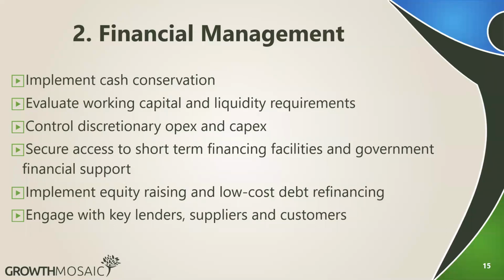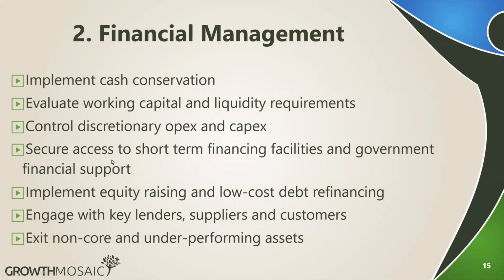So on your customers, what do you do? What can you do about them? Those who have already placed orders. On your suppliers, how do you pay them? How do you pay what you owe them? So let's say you purchased some raw material on credit and now payment is due. You need to speak to them. You can't just say you're no longer going to pay. Or let's say you're renting your building, but now you're working from home and no longer using your building. You still have to speak to your landlord and negotiate the terms.